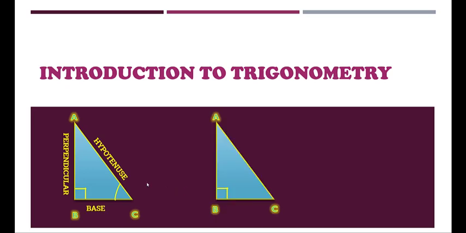Now in the second figure, kindly note that BC is perpendicular. Why? Because now we are taking angle A as acute angle. So side opposite to acute angle is BC. So BC will be considered as perpendicular. And side adjacent to angle A, that is side AB, will be considered as base. Once this concept is clear, the sums will be easy for you. There will be no confusion.